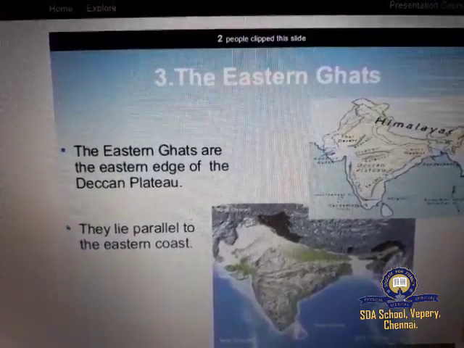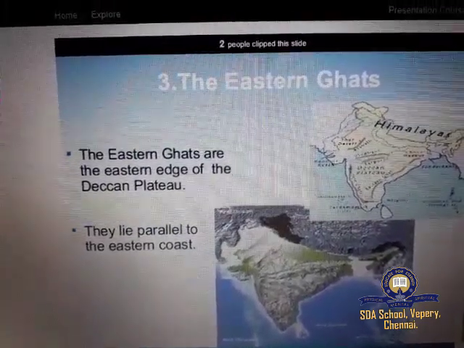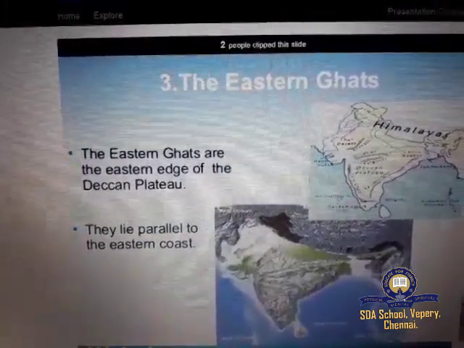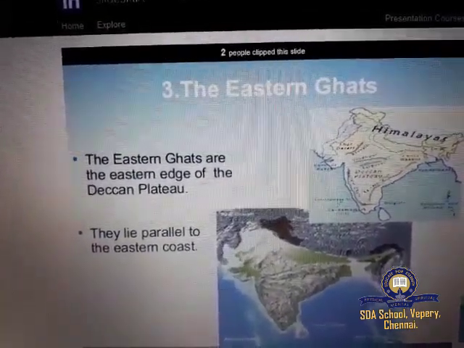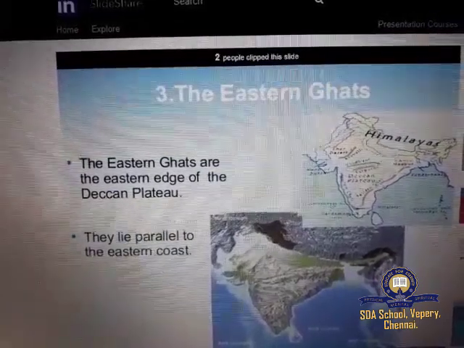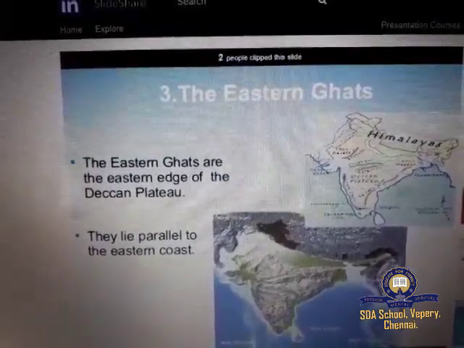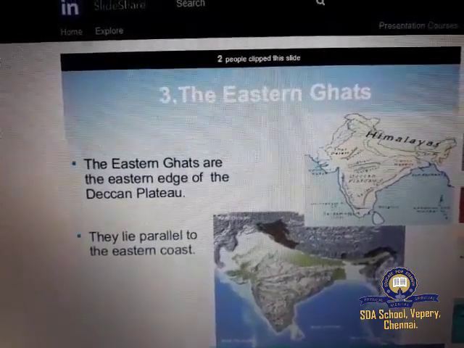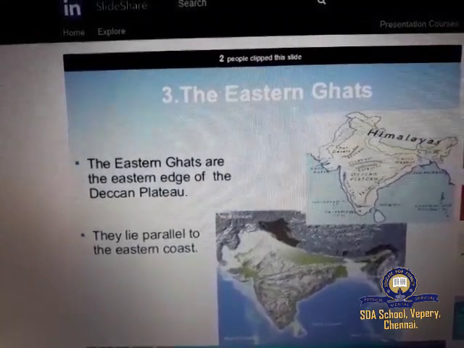The Eastern Ghats join the Western Ghats at the Nilgiri Hills, bordering Karnataka and Tamil Nadu. The Eastern Ghats are not continuous like the Western Ghats. The rivers Mahanadi, Godavari, Krishna, Pennar and Kaveri have dissected this range at many places.